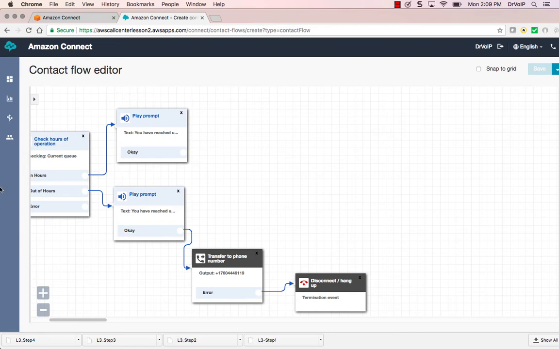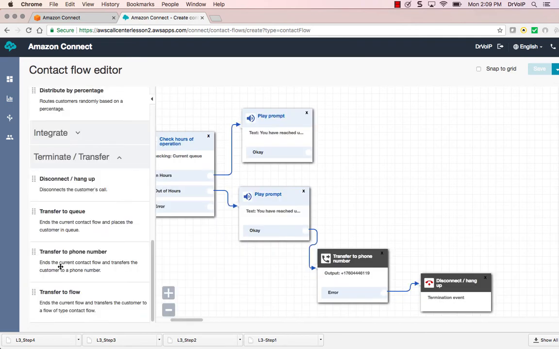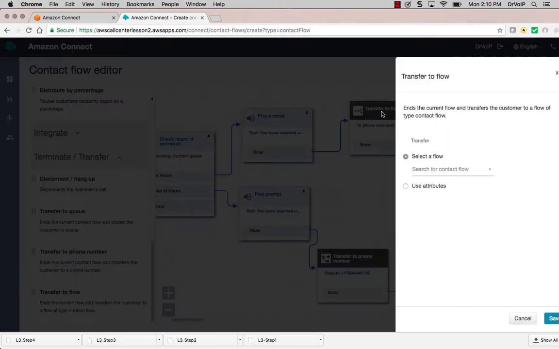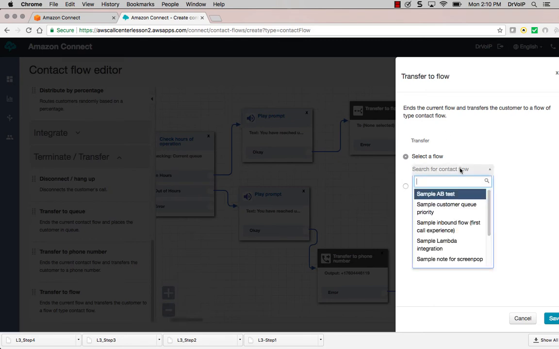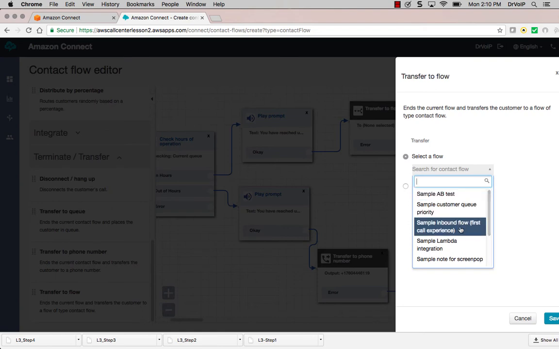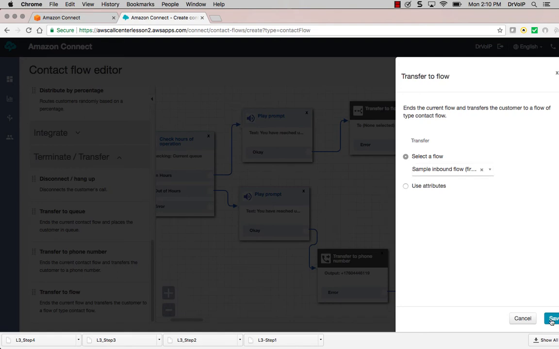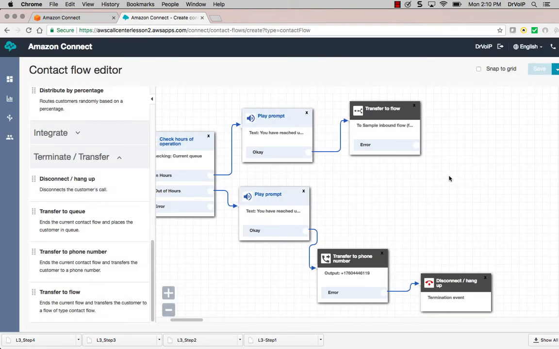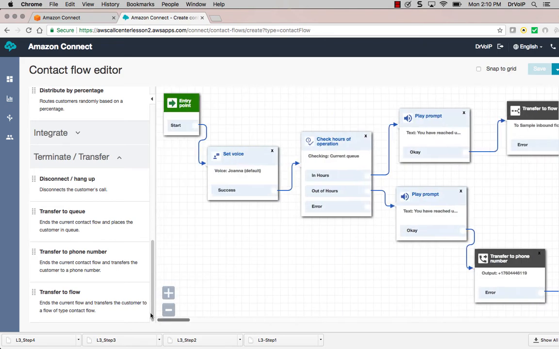The next thing we're going to do is get a transfer to flow. Now here's an example of where we want to transfer to a flow, but we haven't yet defined that flow. What you can do, however, is when you come in here, it'll show you the flows that it knows about. So for purposes of this discussion, we have to make a little note here that we set this temporarily to go to a call flow that we're not going to want to use later. And at that point, we've got our basic